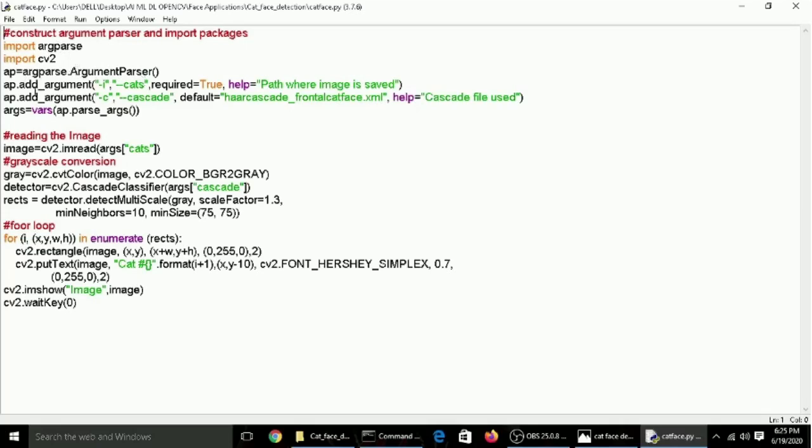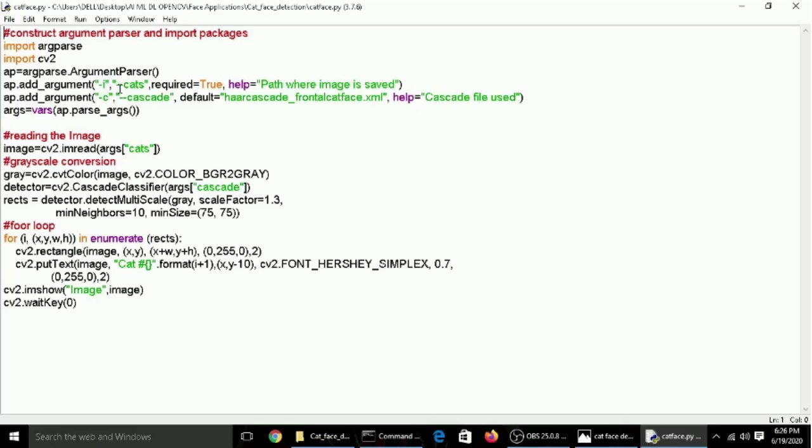Now we add two arguments. For that we use ap.add_argument. The ap is that variable which we created prior. Now the first parameter is -i, which is an alias for the argument.